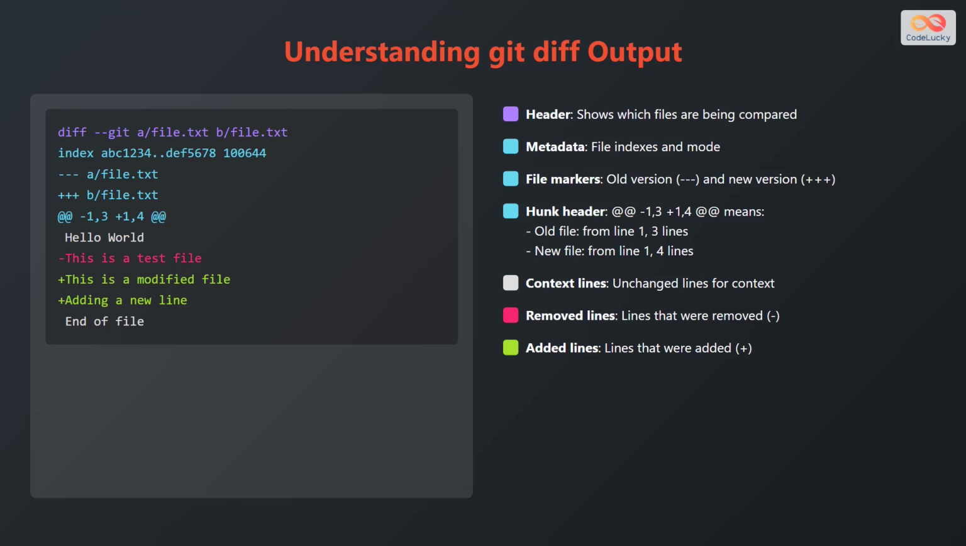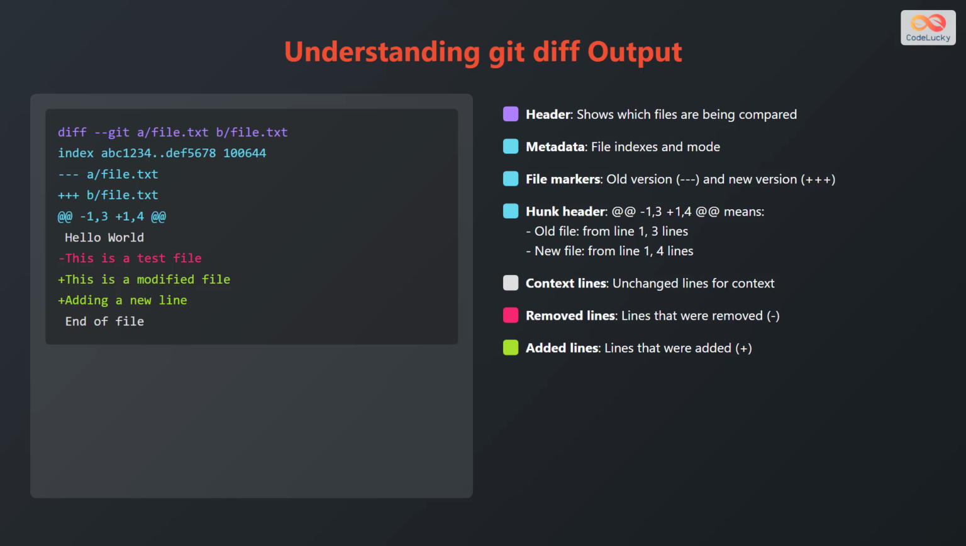Understanding the output of Git Diff is crucial for effective version control. Here is a sample output. The header shows which files are being compared. Next is the metadata, which shows file indexes and the mode. Then there are file markers that indicate the old version with 3 minus signs and the new version with 3 plus signs. The hunk header, such as @@ -1,3 +1,4 @@, tells the range of lines that are